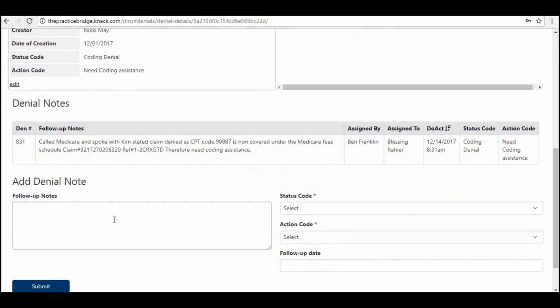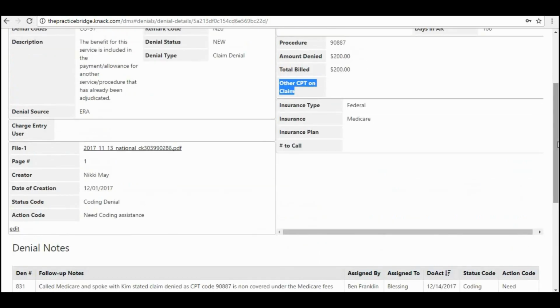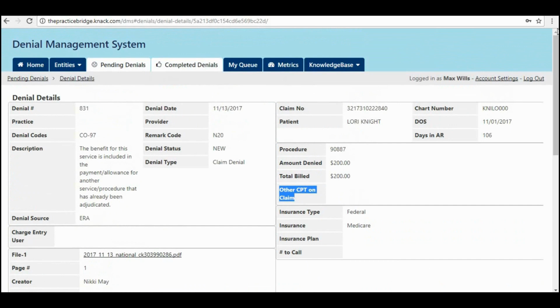Now, once you work on this account, if the coding team works on it, they're going to jot in some notes, and they're going to change the status code or action code accordingly, and they'll press submit out here. So moving to the next screen,